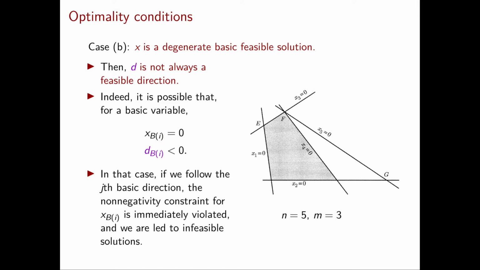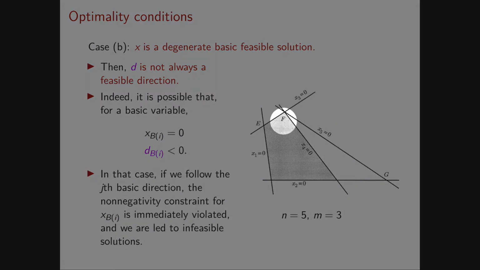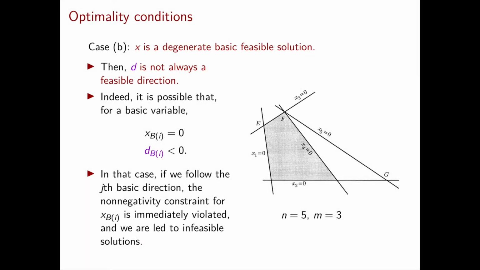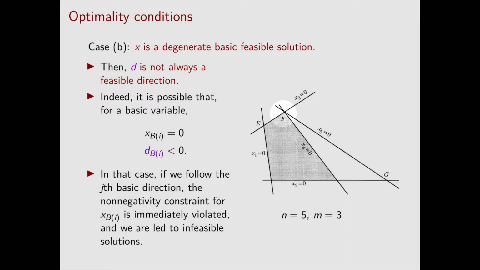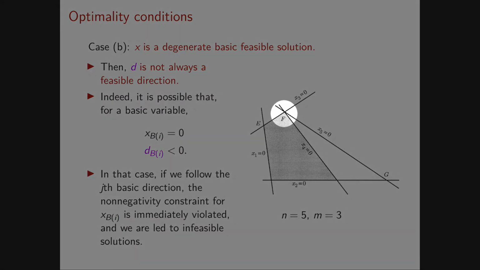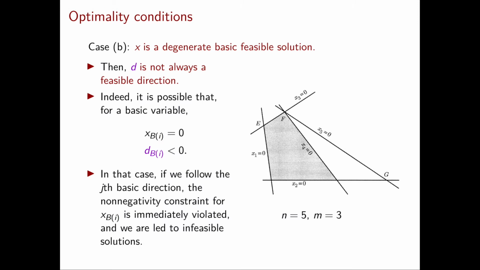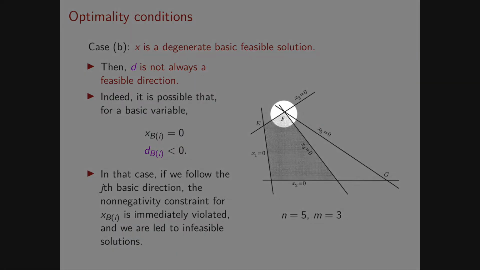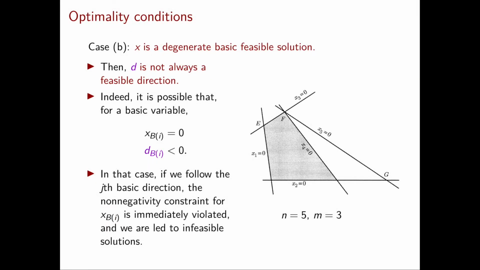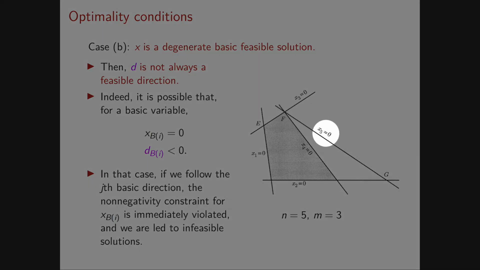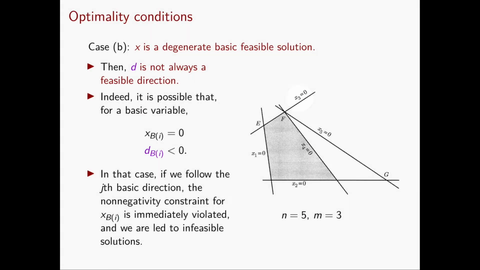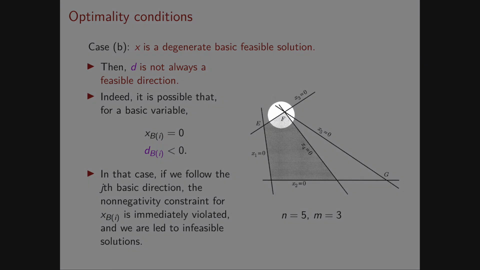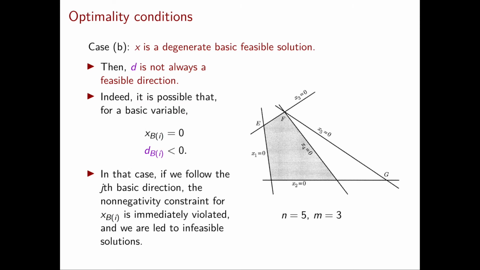Let's see an example of this behavior. In our example, the vector f is the only degenerate basic feasible solution, so we will pick our vector x to be exactly f. Now I need to specify to you the basic variables and the non-basic variables because there are multiple choices that give me the same basic feasible solution f. So I want to pick as non-basic variables x5 and x3. Clearly, f is the corresponding basic feasible solution because it is at the intersection of the two lines x3 equal to 0 and x5 equal to 0.